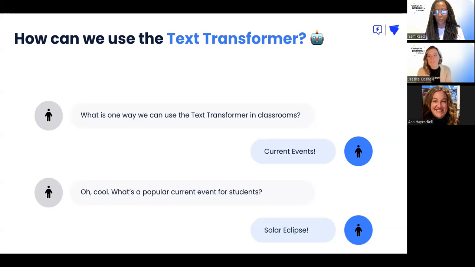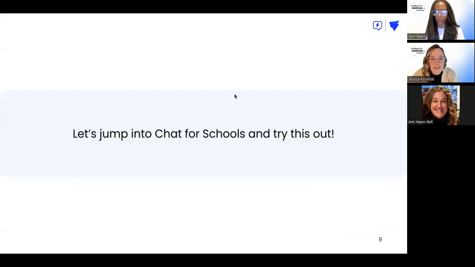And then we're going to take it a step further and think about how we can use other tools to make this an even more robust experience about the solar eclipse for students. So that is what we're going to try today. You are free to follow along with the Learning Studio components. If you do have a Chat for Schools account or a demo account from any reps that you are working with, you're free to follow along with that. But I'm just going to go through these steps for you all today,